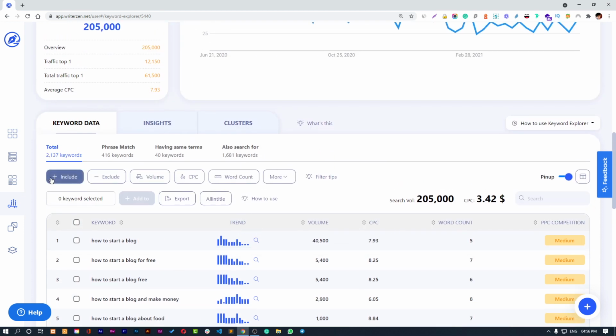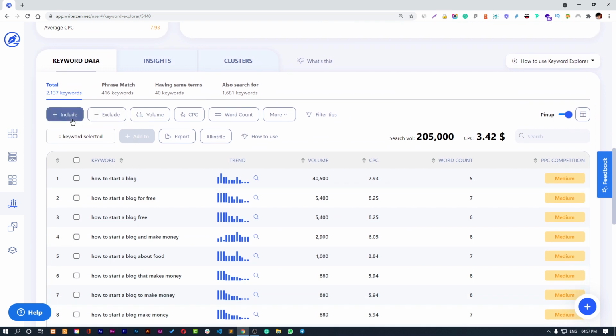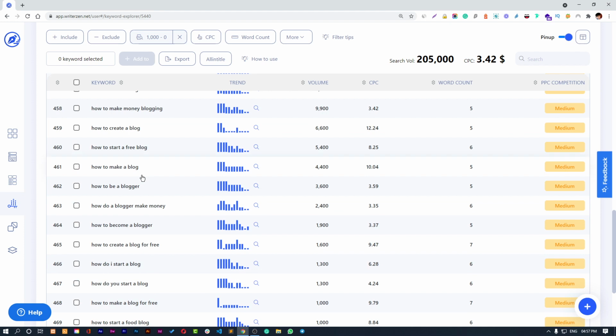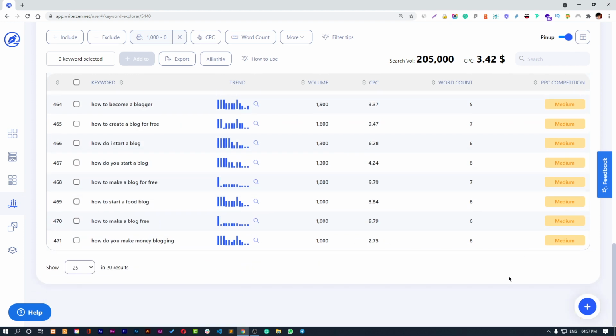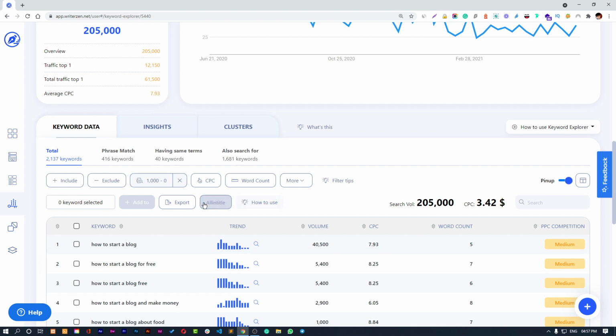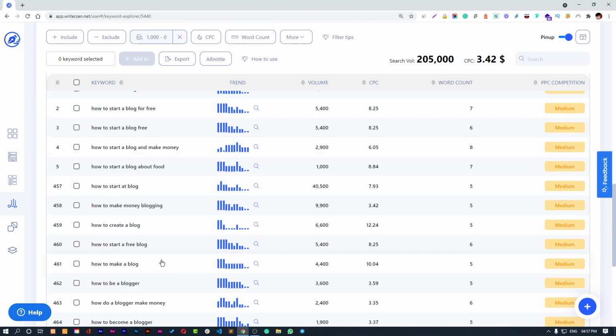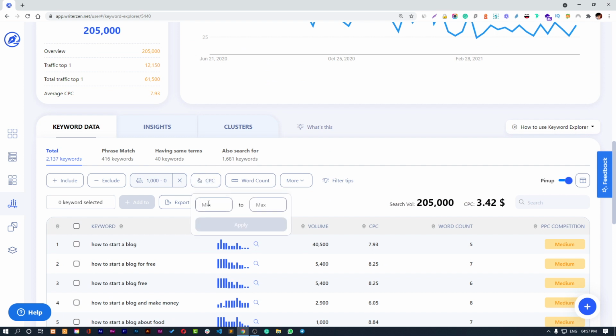You can easily filter all these keywords by including a specific keyword, excluding an additional keyword, and based on their volume, like a minimum volume I want of 1000 probably. And when I hit apply, you will see that the keywords have gone down, and I don't have any pagination over here. After clicking on this button, you can export the keywords and send them to your writer, so as to make the best use of these keywords in the content they're writing. And here's the CPC. You can also filter the keywords based on the CPC, and you can also do that based on the word count.